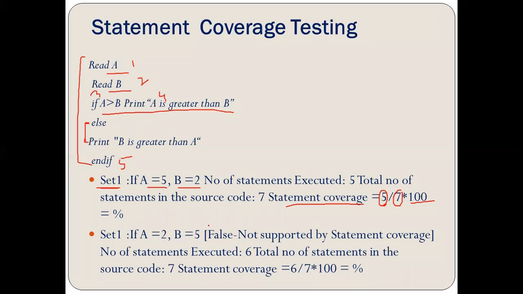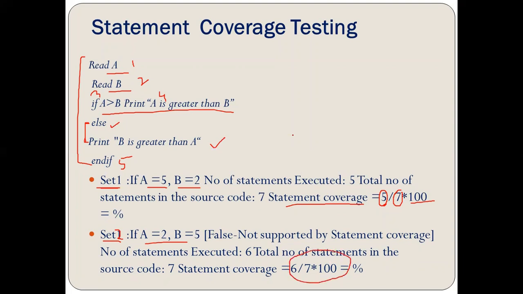Now, let's see the difference. In the second case, we are taking the false condition. This particular is not supported in the statement coverage. It only executes the true condition. If we support the next condition, that is set 2, if A is equal to 2 and B is equal to false, that means the false statement should be supported, and in the false statement, this will be defined. And according to this, we are going to find out the coverage of statements.